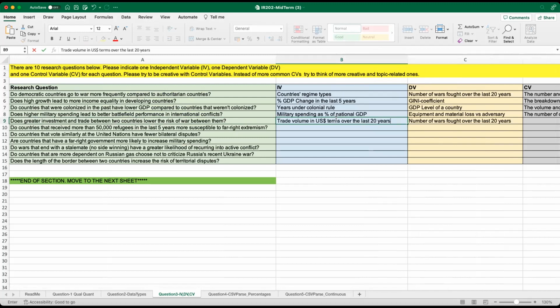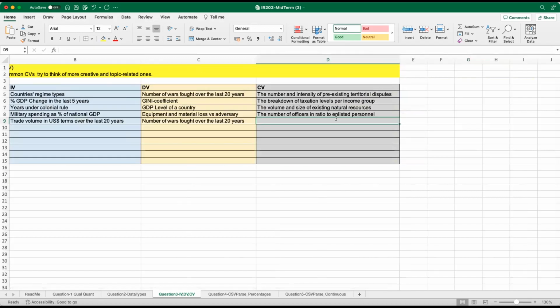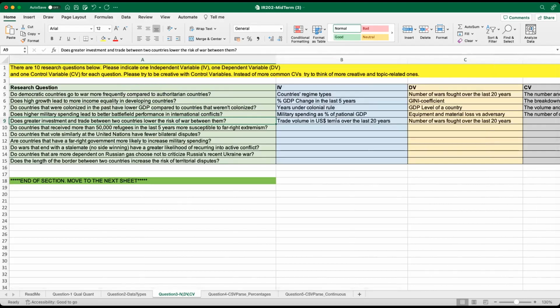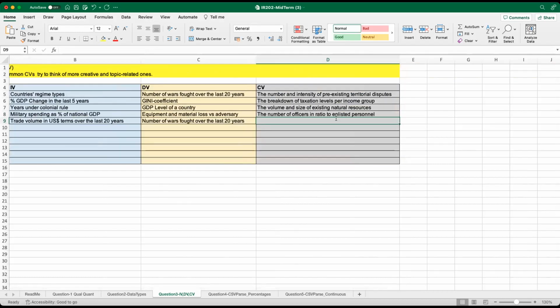the last 20 years, so that we can count this independent variable, and then we measure its effects on this dependent variable, number of wars fought over the last 20 years. So what would be a control variable? So we are interested in lowering the risk of war between them. So we can have, for example, control variables such as distance between the two countries. If those countries are adjacent, there would be a high likelihood of territorial border conflicts between